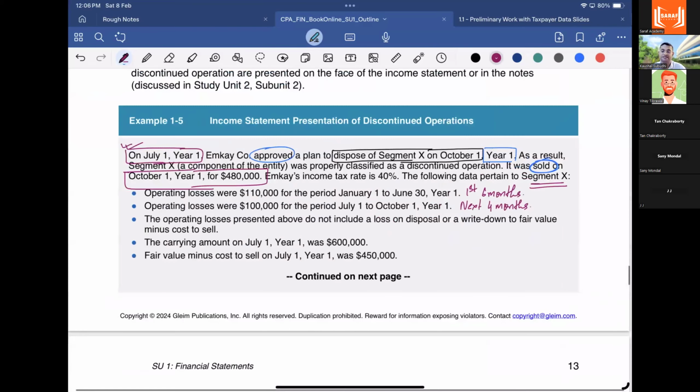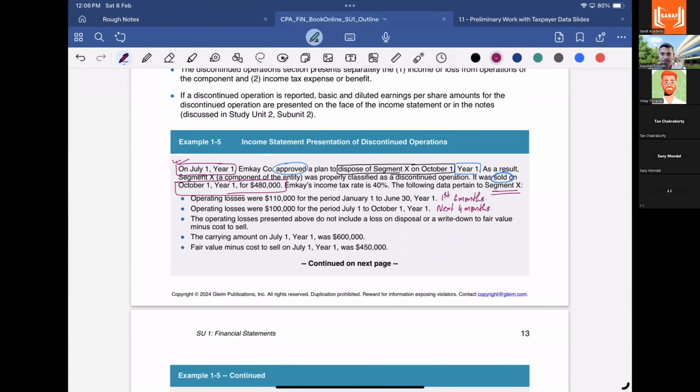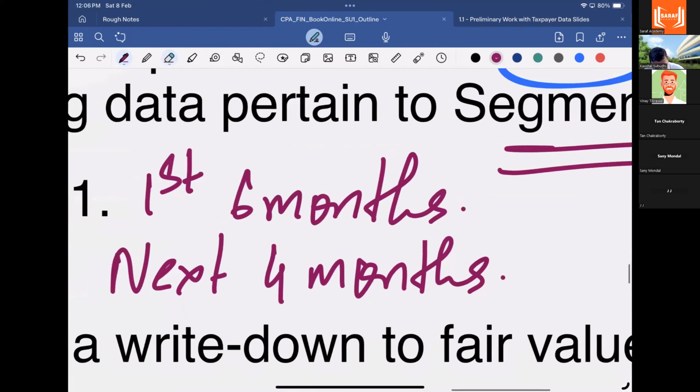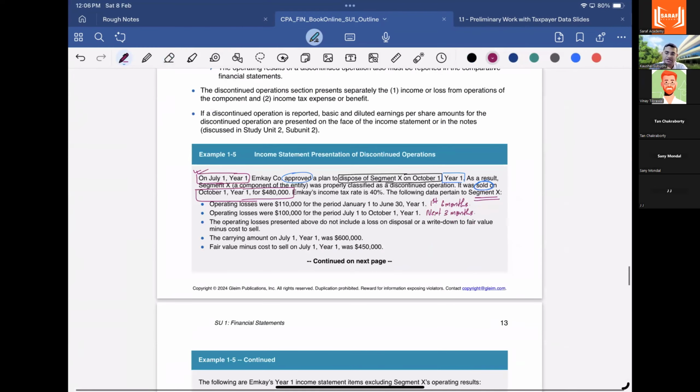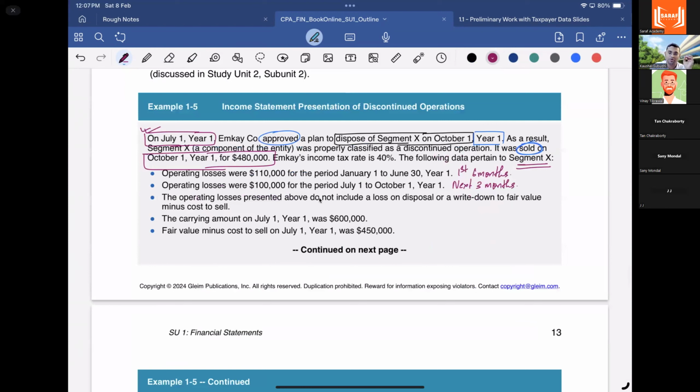ठीक है, टोटल 10 months का डेटा आपके पास है. ठीक है, क्योंकि ये कितना हो गया, जुलाई, अगस्त, सितंबर, that's again next 3 months, not 4 months, sorry. This is again next 3 months. ठीक है, so next 3 months का डेटा, तो यानी कि सर 9 months का डेटा आपके पास यहाँ पे ऑलरेडी पड़ा हुआ है. ठीक है, operating losses presented above do not include a loss on disposal or a write